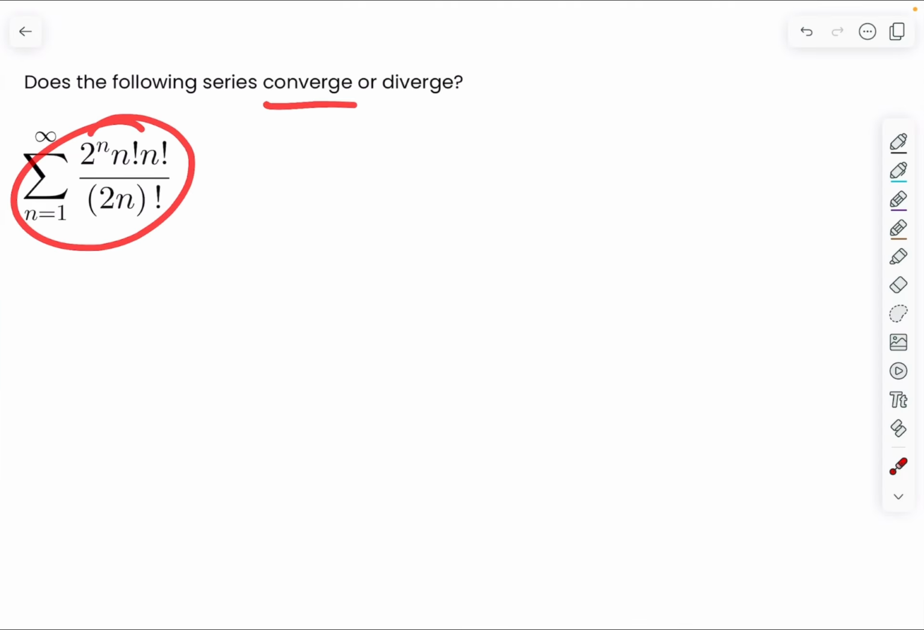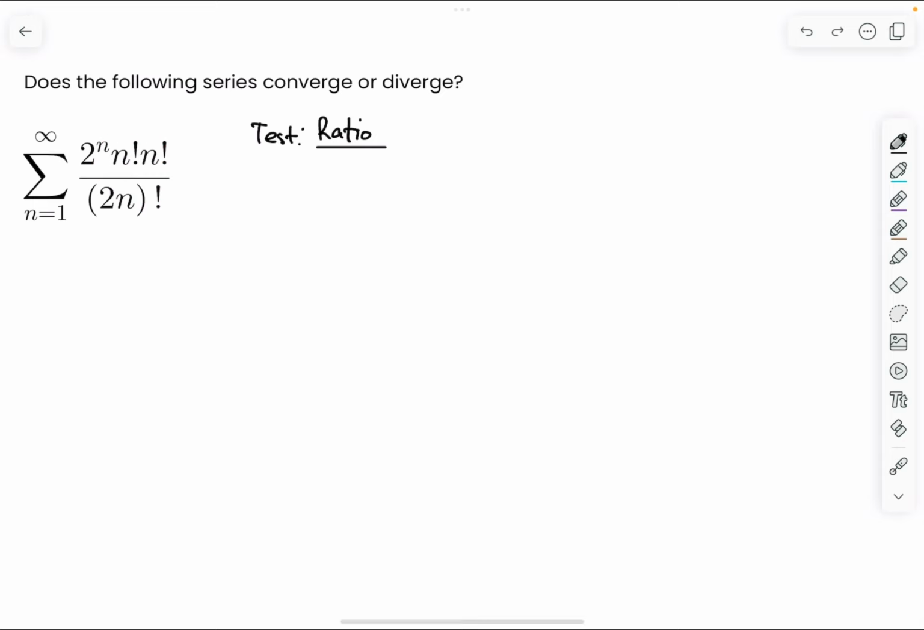Does the following series converge or diverge? Because I see factorials, I'm going to use the ratio test. The rules for the ratio test are based on the limit as n approaches infinity of a ratio, so a